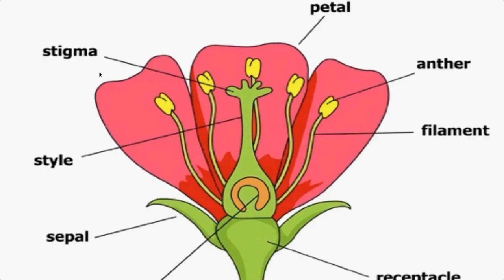Next, style. Look at the part, children. Which one is stigma and which one is style? Petals, we all know. It's common. And this top green color crown-like structure is called stigma. And the bottom one which connects the stigma to the sepal, that part is called style. And you have sepal. A few flowers may have 3 sepals, 4 sepals, and a few may have only 2 sepals.